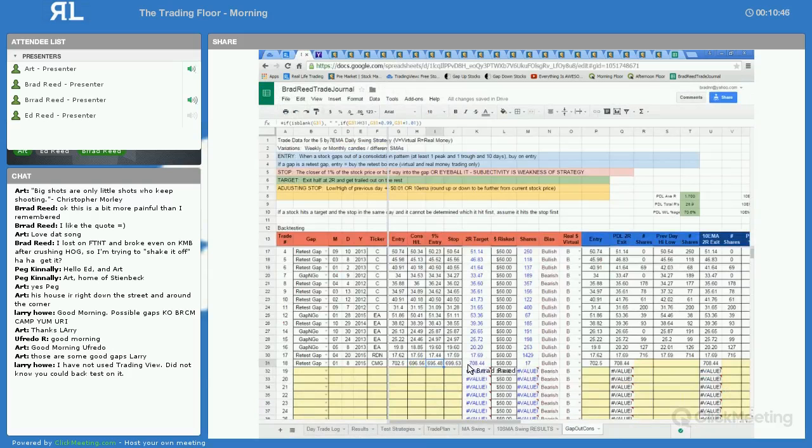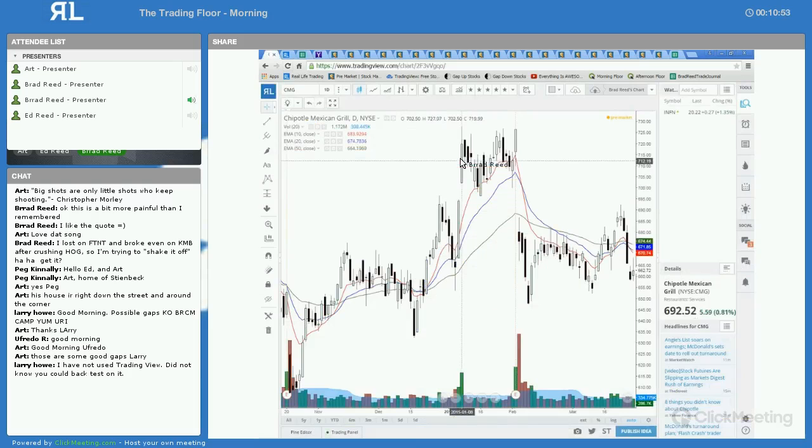So now I have to decide, does it hit 708.44 first or 699.53? Well, let's go take a look. Sometimes it can be confusing if it would hit both on the same day. So sometimes you have a candle that may open here, but it has a long lower wick, kind of like this one. It has a long upper and lower wick. So, but again, the question is 699.53 or 704 something,